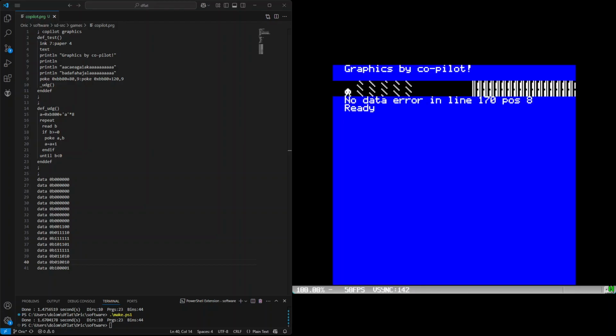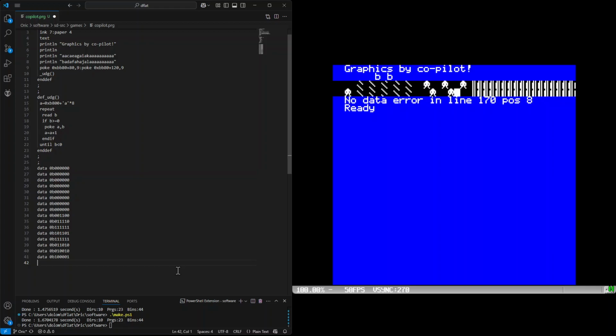And there it is. So if I type B, well, B is a normal B, but if I do B, B, B, I can actually see I've got Space Invaders. That's cool. Space Invaders are one thing, but what I really want to do is see if I can generate something more